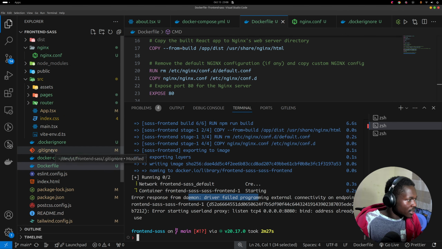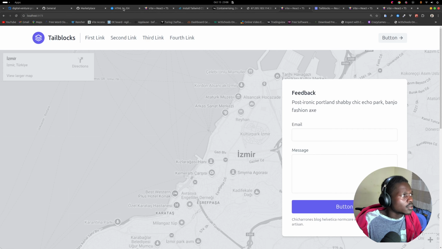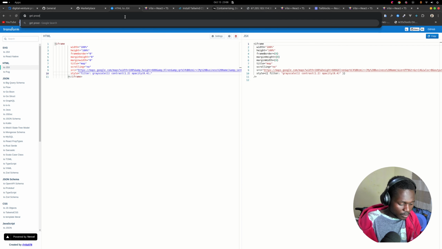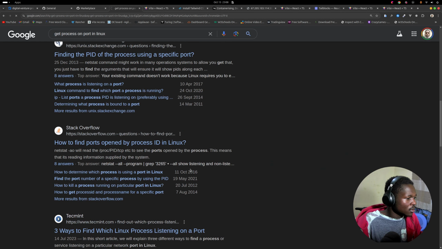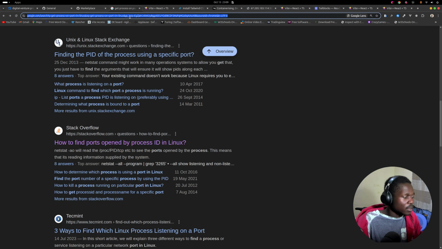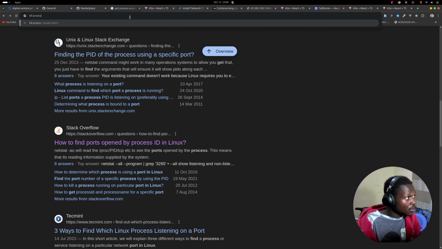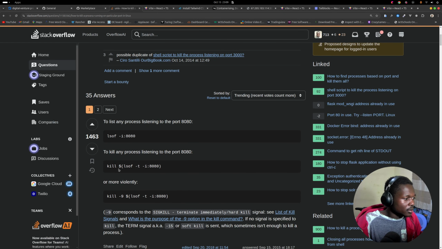Okay, let's go with the 6002, but let me see how to get the process on a port in Linux. So, kill process running on a port in Linux. So actually this is just what I need. Sudo